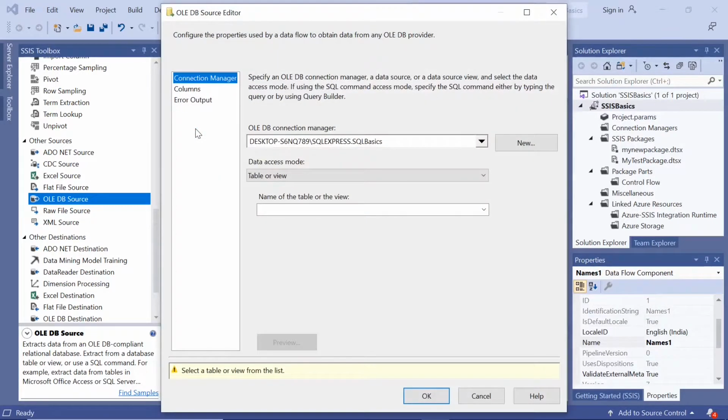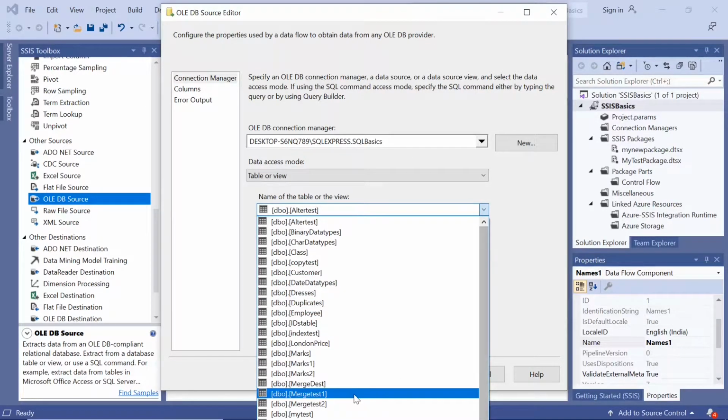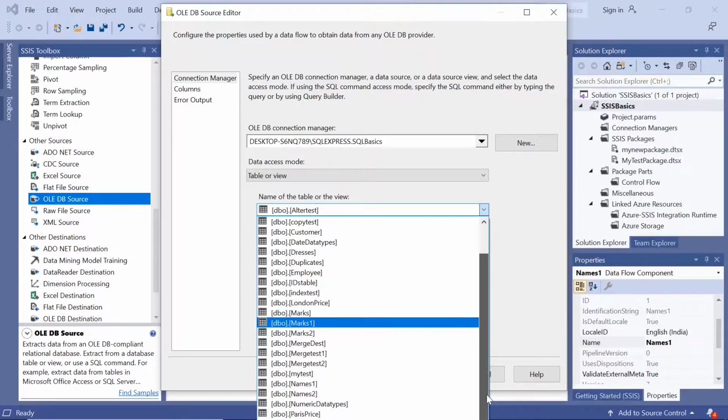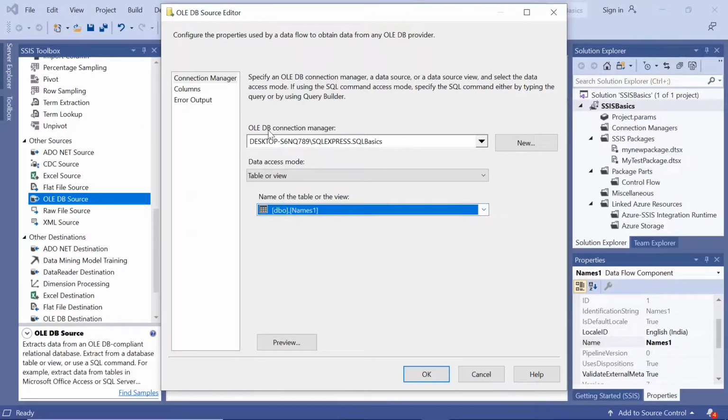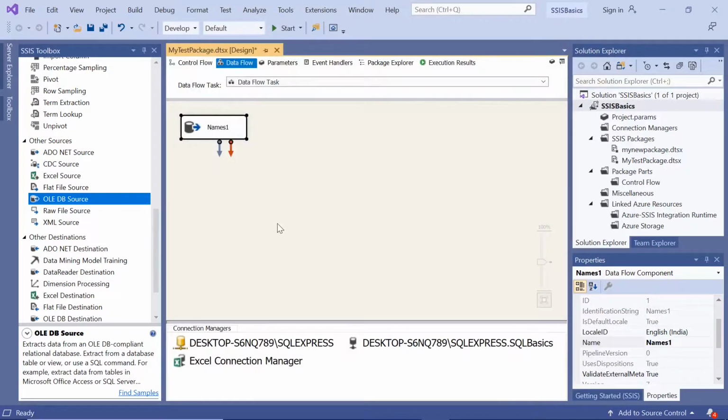Double click, and for this server and database, have the table names one, columns. Okay. And then we'll take one more OLEDB source, call this names two,